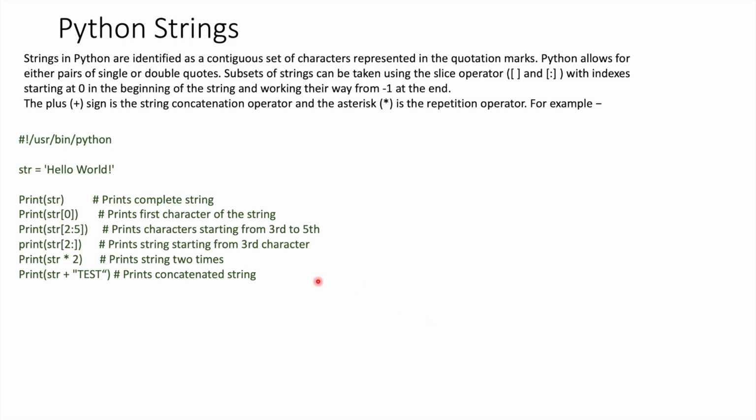For example, we have taken a string called hello world, and this is the basic string. Let's print the complete string. So this will print the complete string. If I want to print the first character, then I'm going to write print string[0]. So this is going to be the answer. Let's see. And when I'm doing the second variable and fifth character, the fifth character is not going to be there, so it will give an output of